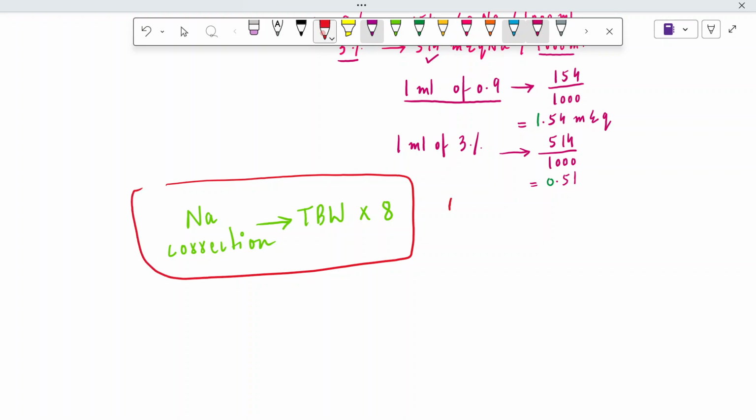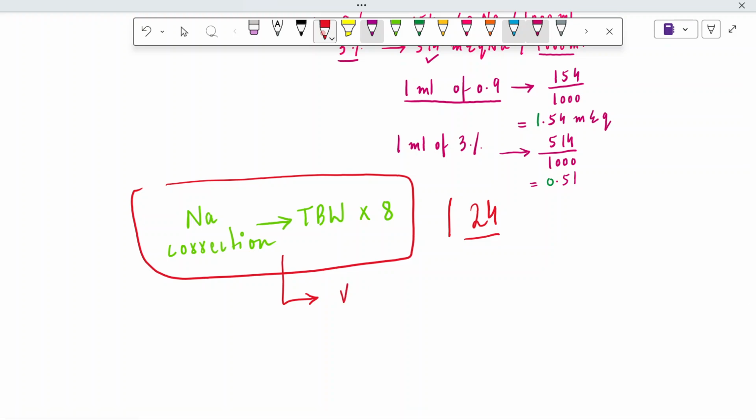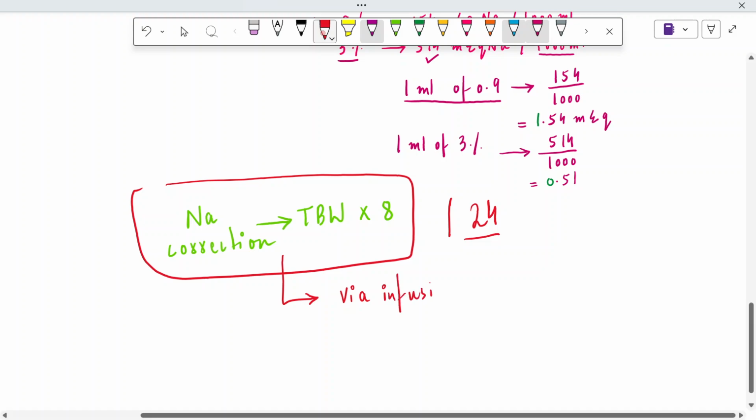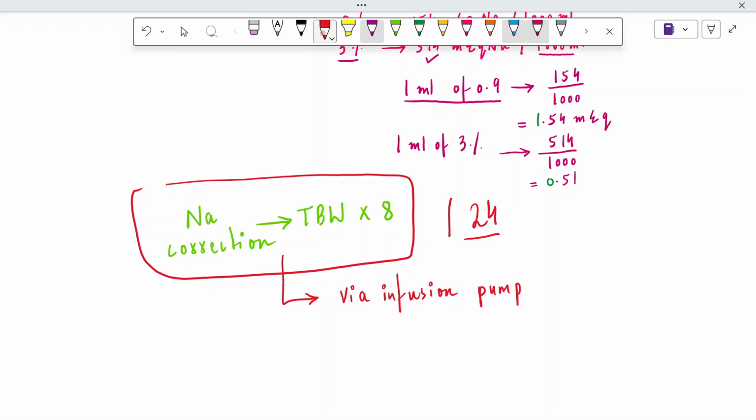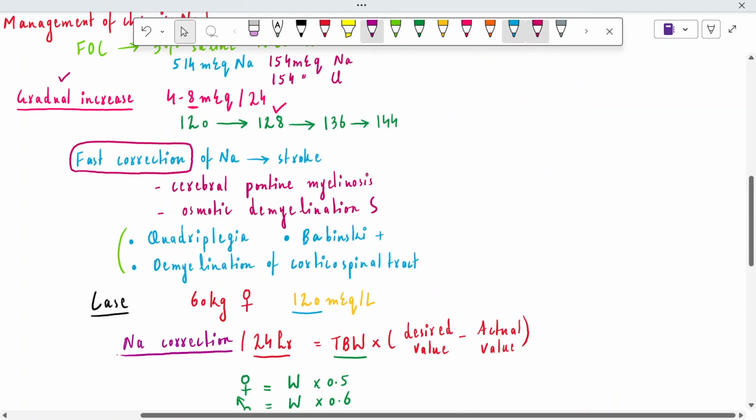And this formula is over 24 hours, and the value that comes out should be given via infusion pump in 3% saline over the next 24 hours. This was for hyponatremia, and in the next lecture we'll discuss hypernatremia and its